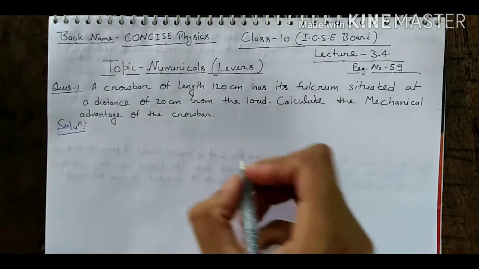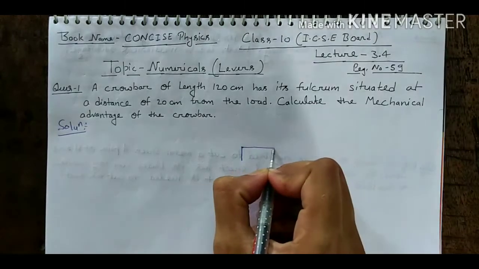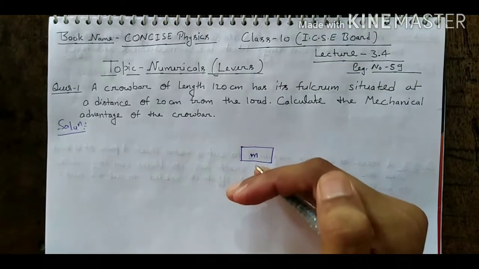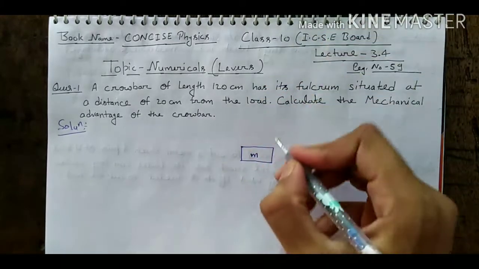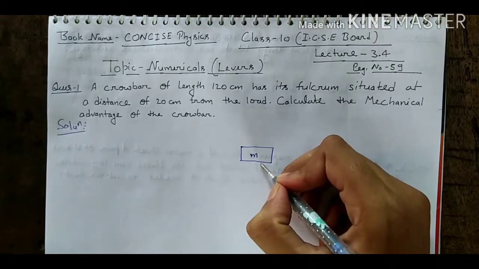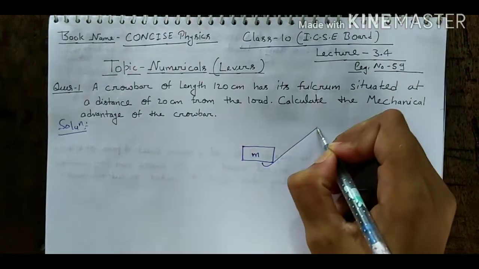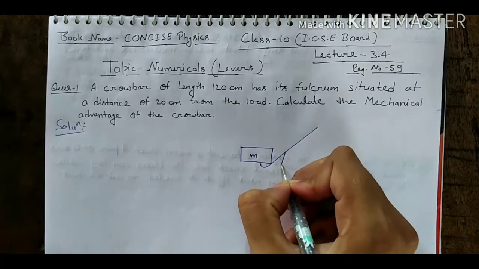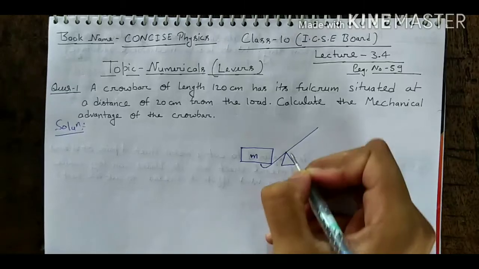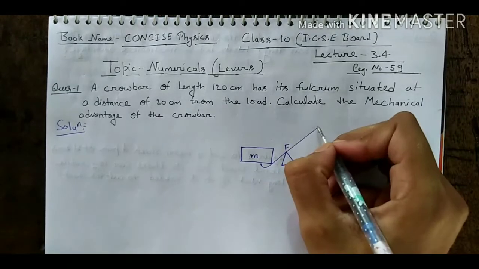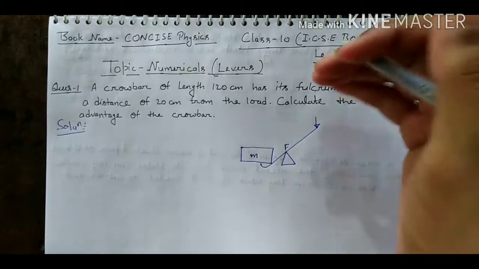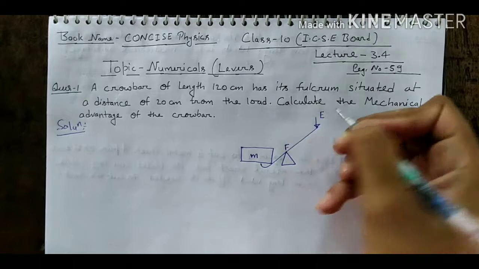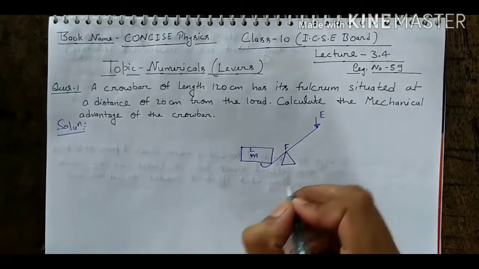What is a crowbar? Crowbar means, student, suppose we have an object having mass m. If we want to pull it, or carry it in the upward direction, we use a crowbar. It is like a rod in this shape, and this crowbar works when we apply a fulcrum. Suppose this is a fulcrum. If we apply a force on the other side, this force is known as the effort, and this is the load, this is the fulcrum.